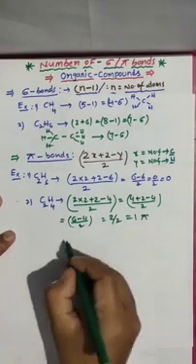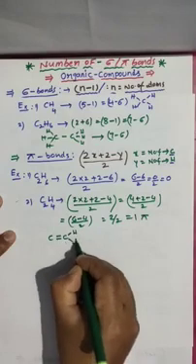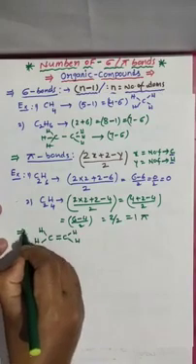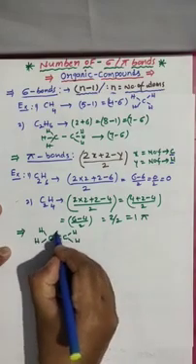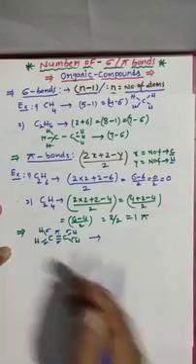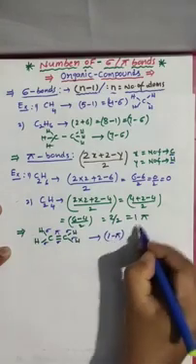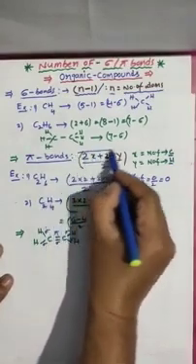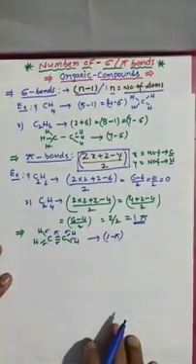How can we know? Shall I write here? C double bond C. Here 1 hydrogen and here 1 hydrogen. Here 1 hydrogen and here 1 hydrogen. And this is the structure of ethene. Now you calculate sigma and this is pi. This is sigma, this is sigma, this is sigma. How many sigma bonds are there? We already calculated. Pi bonds how many? 1 pi bond. Here 1 pi bond we got. And this is the formula you have to remember to calculate number of pi bonds. For any molecule you can use this.